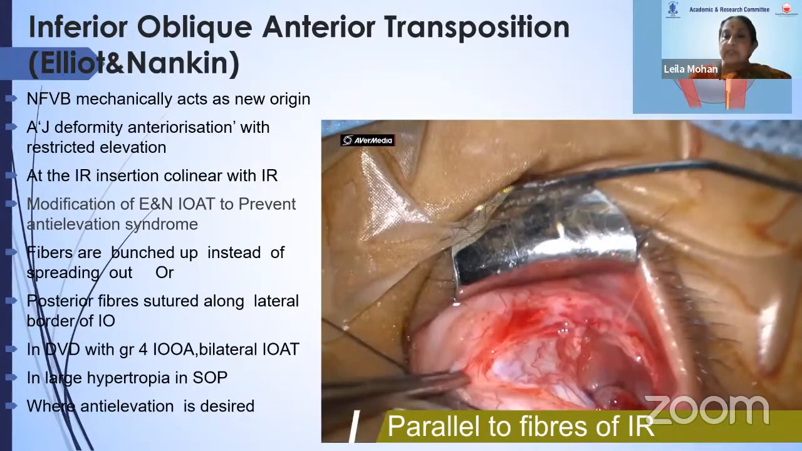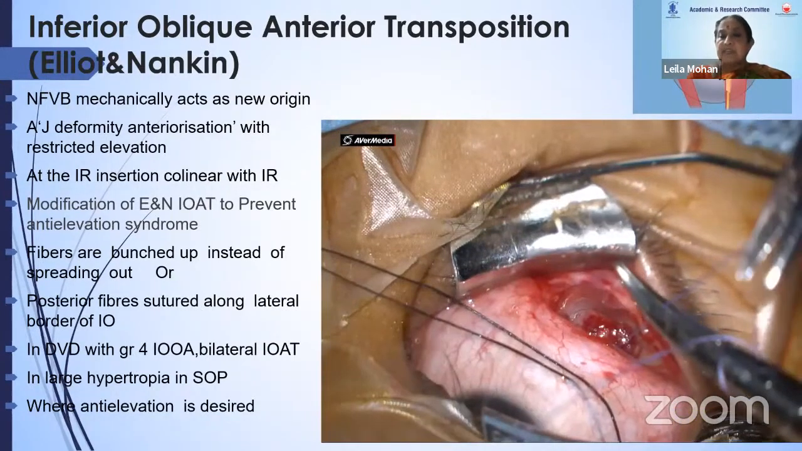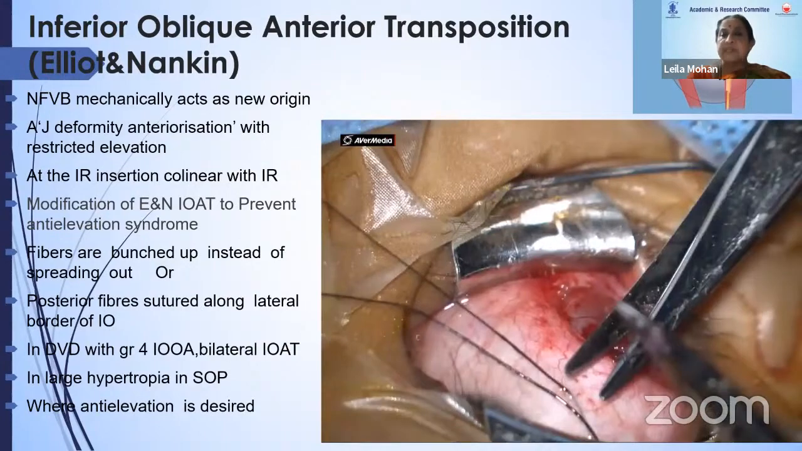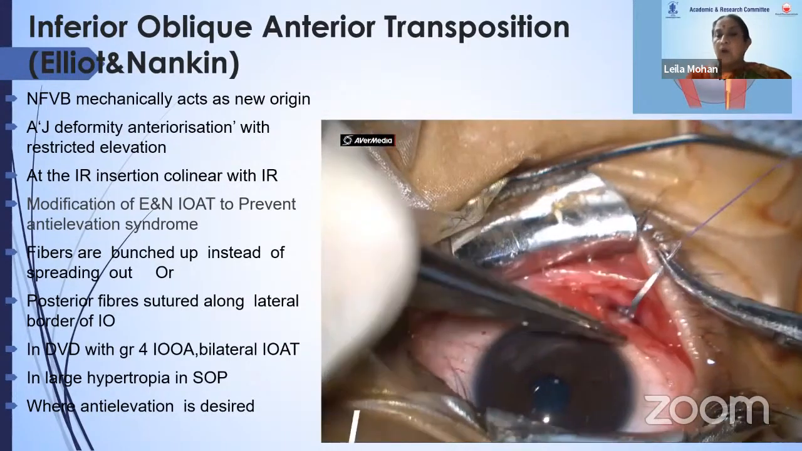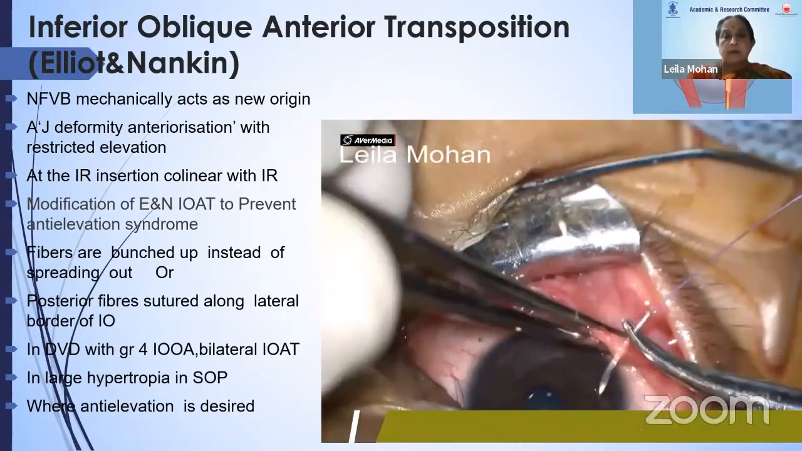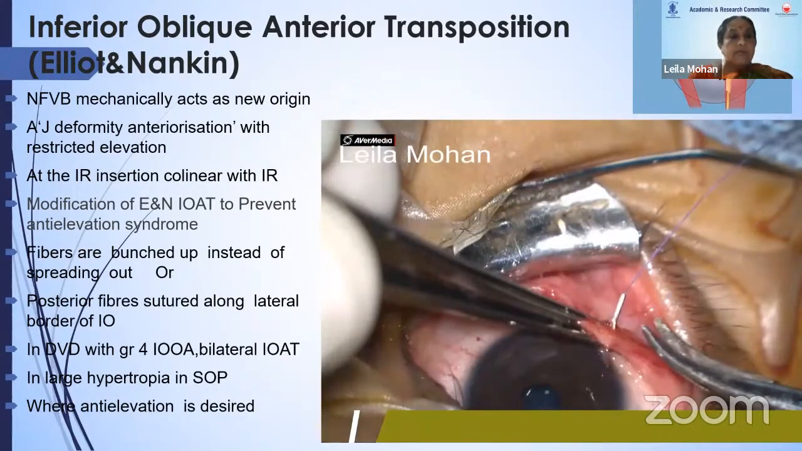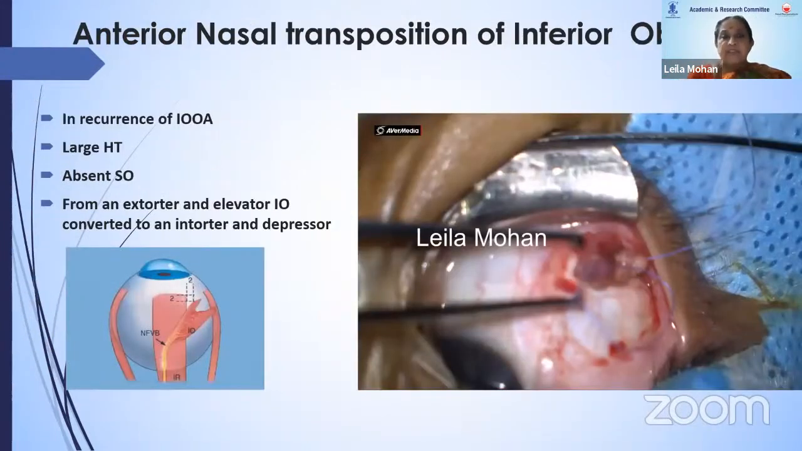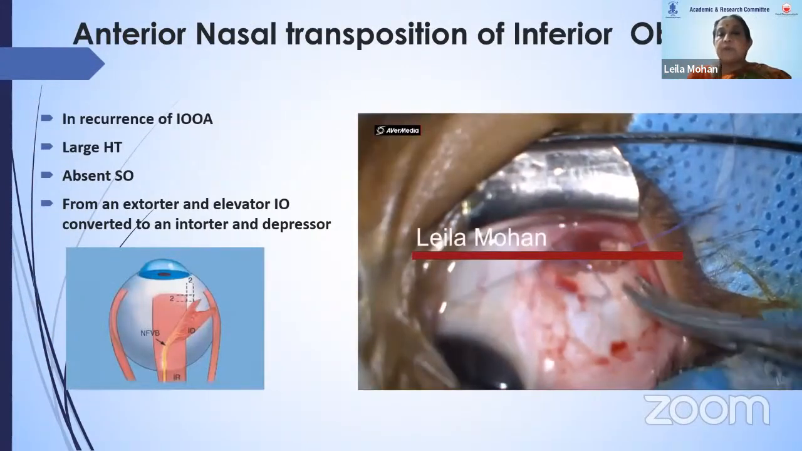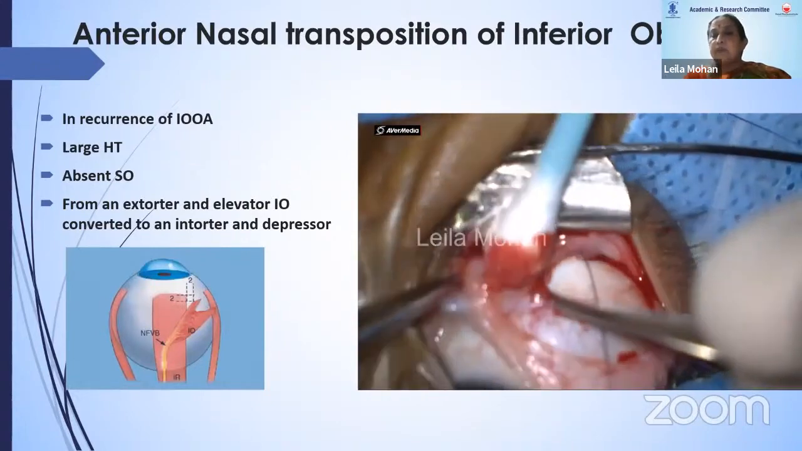And modification, this usually produces an anti-elevation effect, which is desirable in some of the cases like DVD when it is manifest, or hypertropia in superior oblique palsy. So the modification is to prevent anti-elevation, where the bundles are bunched up instead of spreading them out, or the posterior fibers are sutured along the lateral border of the inferior oblique, and it prevents anti-elevation. So anterior nasal transposition of inferior oblique can be done in recurrences where you isolate the